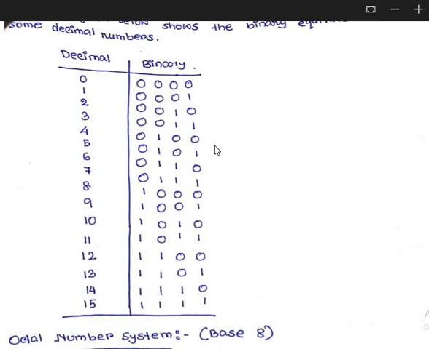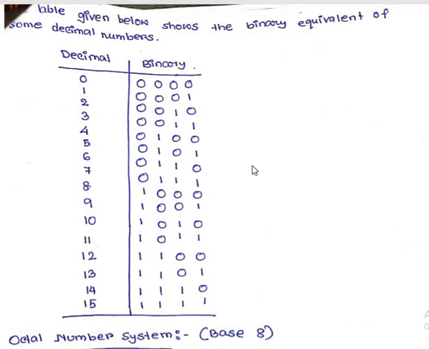So my question is, how will I convert a decimal number to its equivalent binary number? That answer I will give you later on in this video, but before that, here I have given a table where I have explained all the decimal numbers and their equivalent binary numbers. Here I can see that 12 is represented as 1100, 13 is represented as 1101, 14 is represented as 1110, and 15 is represented as 1111.